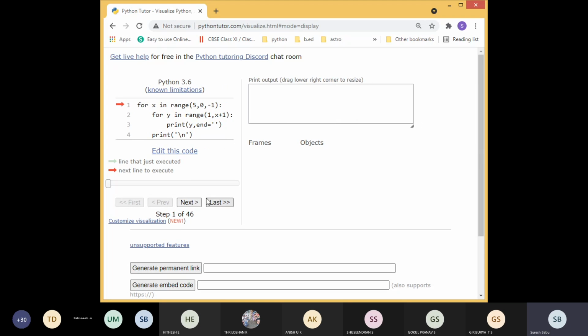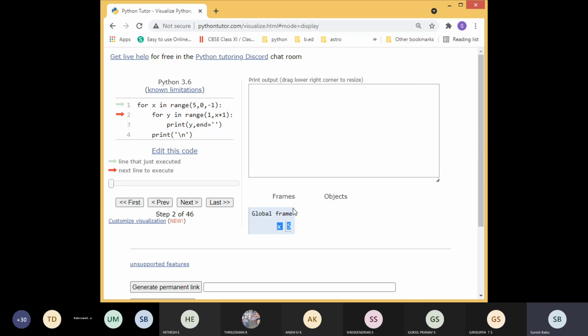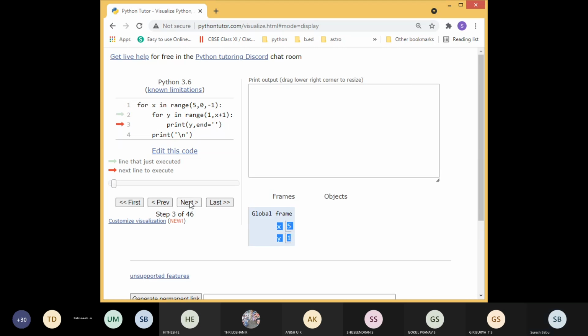Okay, so kindly listen. First the x value is 5, you can see here. The inner loop will execute 1 to 6, that is, the inner loop will also execute 5 times. So the output is 1, 2, 3, 4, 5. Then after reaching 6, it comes out of the loop, prints a new line and goes to the outer loop.